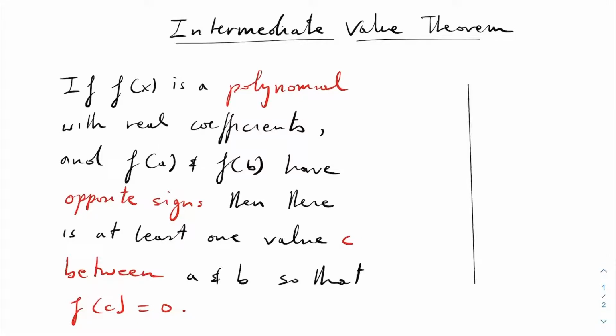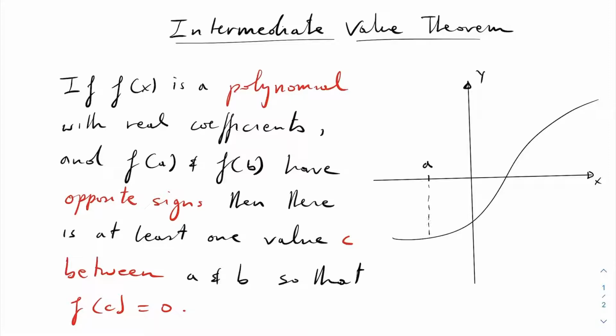So on a graph, maybe this will make more sense. If I have the xy plane here, and I draw a smooth function, because polynomials happen to be smooth, you can see here that if you have a point x equals a here, with its y coordinate down here, f of a, happening to be negative, and you have the point x equals b here, with its y coordinate up here, f of b, happening to be positive,